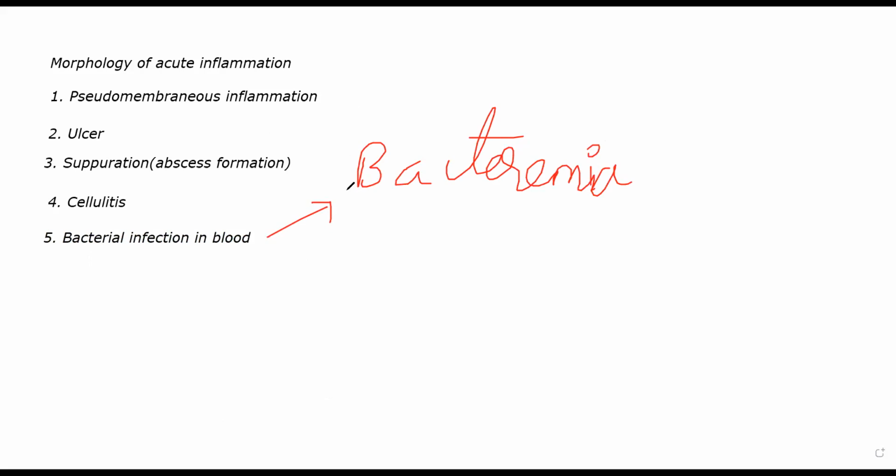What happens in bacteremia? There is a small number of bacteria, which do not multiply significantly. They are just present in your blood. If you try to look for them through a microscope, let's suppose you withdraw a little bit of blood, put a drop on a microscope and search for those bacteria, you'll not be able to find them because the number is very, very minute. That condition will be called bacteremia. So essentially, there is a small colony of bacteria present inside the patient's blood. That is bacteremia. Then we have septicemia.